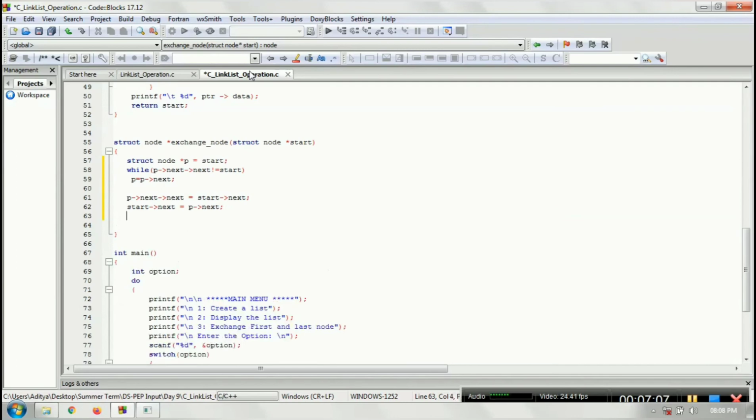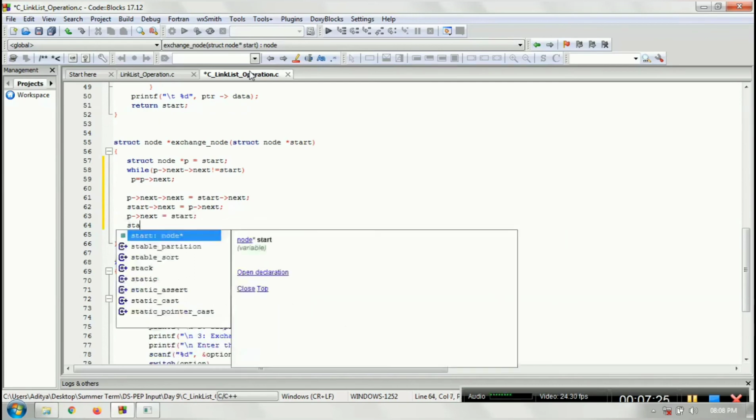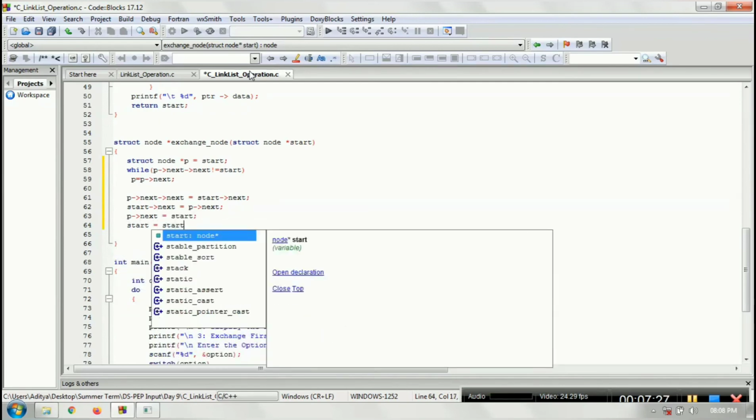Okay, start next is equal to P next, and then the last step would be that the first address of the first node should be transferred to the P next. So P next is equal to start, and the start is equal to start next.